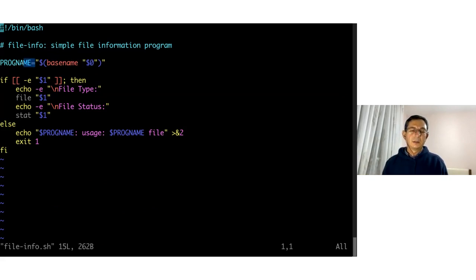And this is being assigned to the variable prog name. Then it is going to check the first argument. Does it exist? Is there a file with this name? If it fails, so if there is no file with this name, then the else part will be executed,